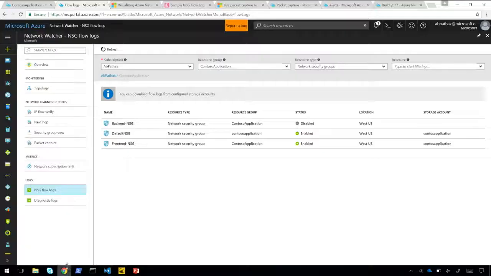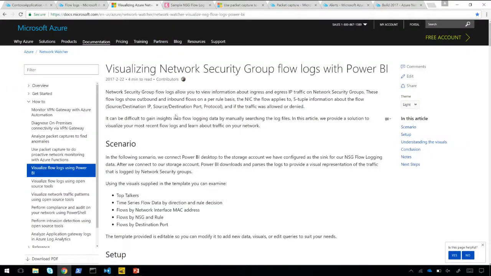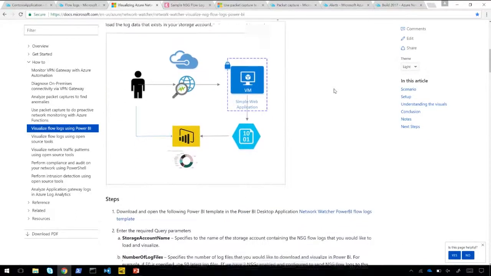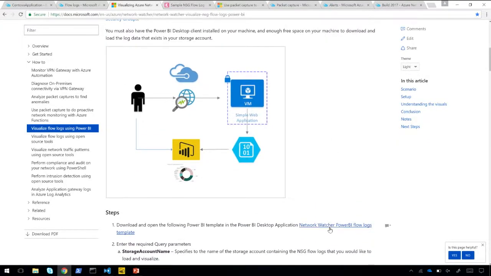Yeah, we have a solution for that. So several solutions, actually. The first I'll start with is using Power BI to visualize these flow logs. We published an article about how you can leverage Power BI to view your network security group flow logs. And what we've done is we provided you with a template. When you download this template, which we have right here,